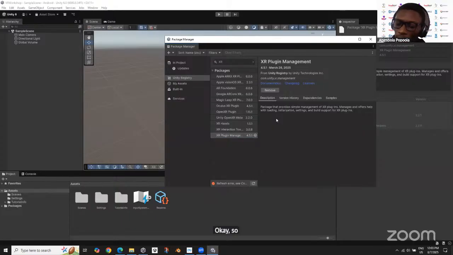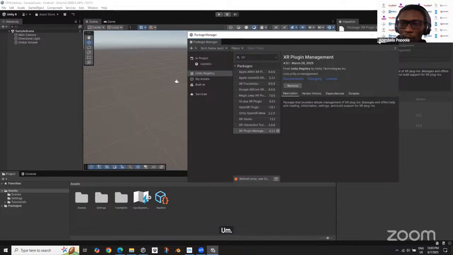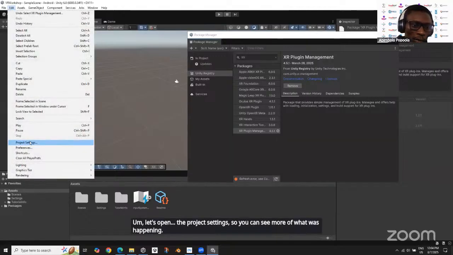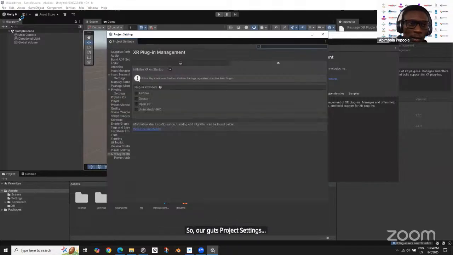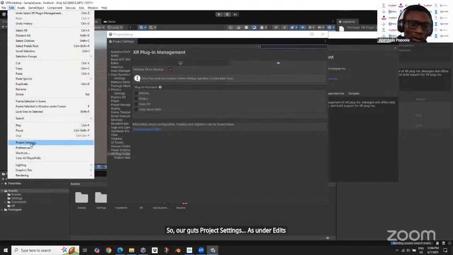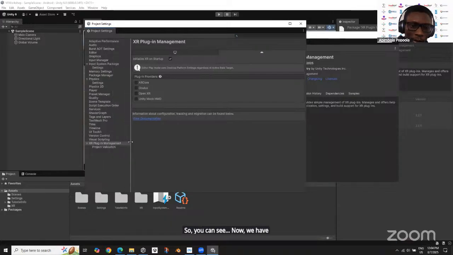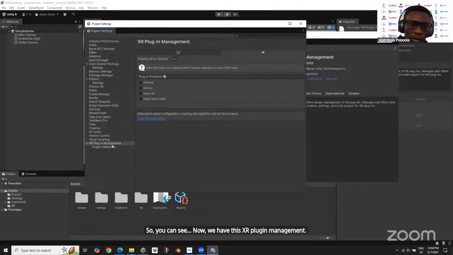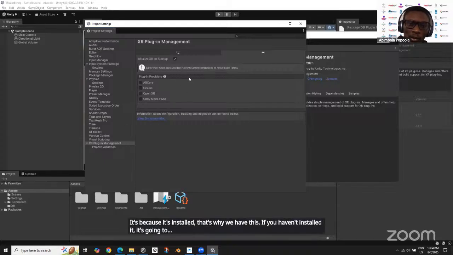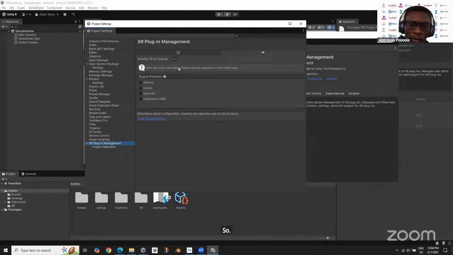Okay, so it's done. The next thing, so that you can see what it's doing, let's open the project settings so you can see more of what was happening. So go to project settings. That's under Edit, Project Settings. So you can see now we have this XR plugin management. It's because it's installed, that's why we have this. If you haven't installed it, it's going to ask you to install it first. So XR plugin management